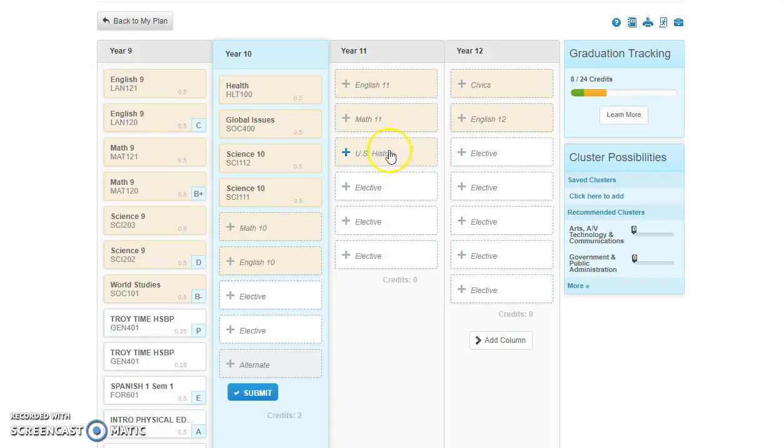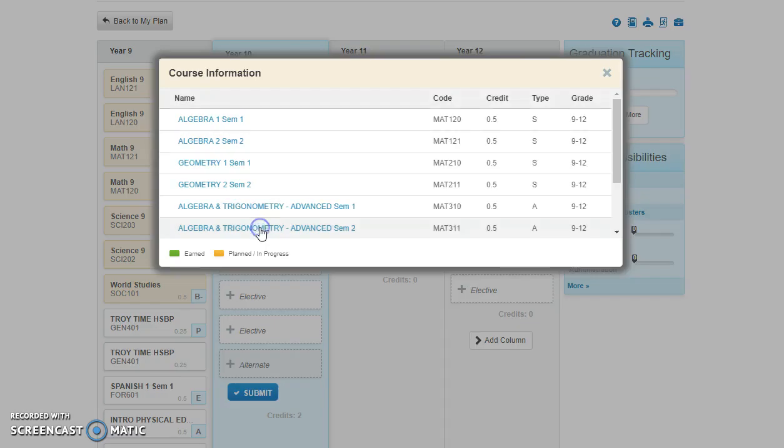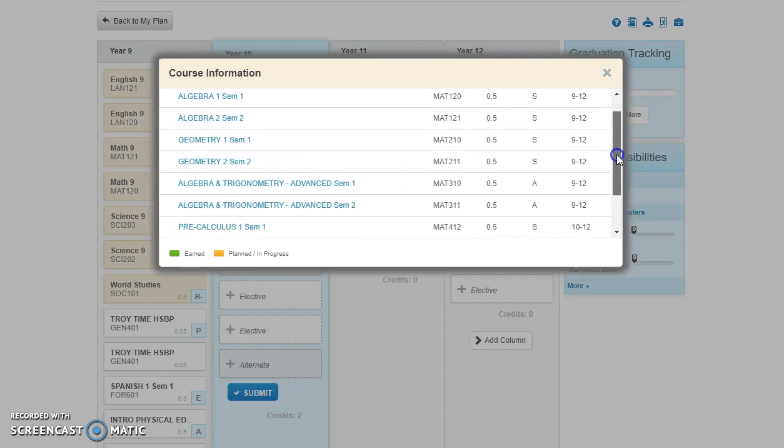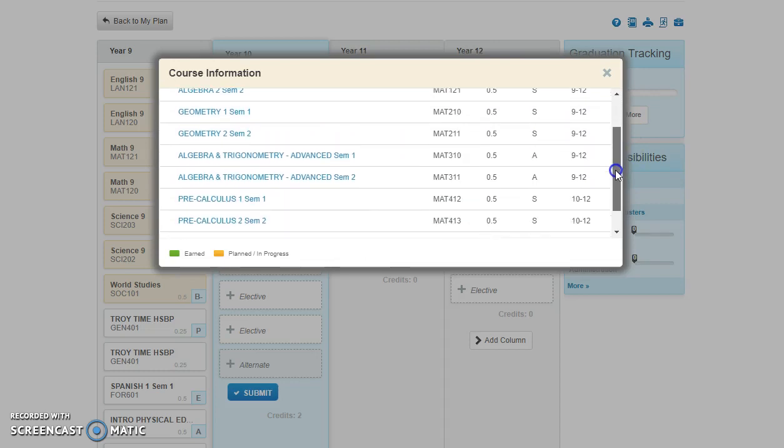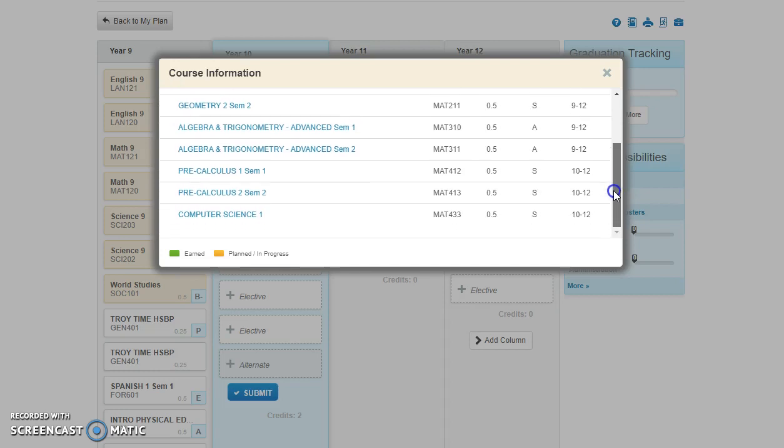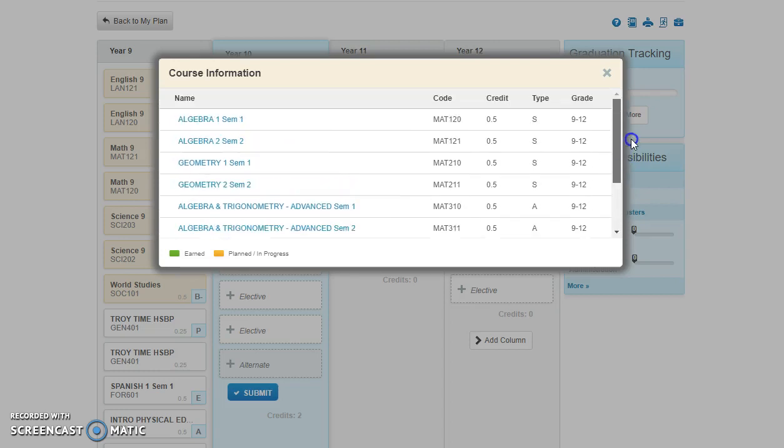Now let's select the Math box. You will notice that your options include Algebra 1 and 2, a class you are taking this year, Geometry, and Advanced Algebra and Trigonometry. These classes should be taken in sequence as listed here. Be sure to scroll down to the bottom of the math options list, and you will see additional classes in